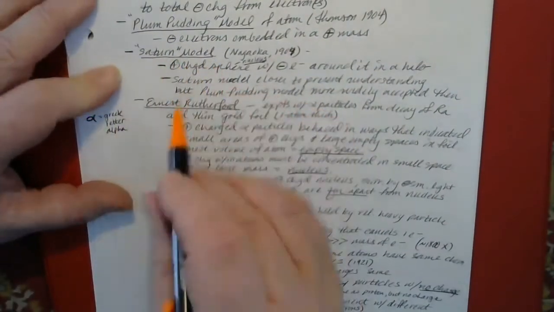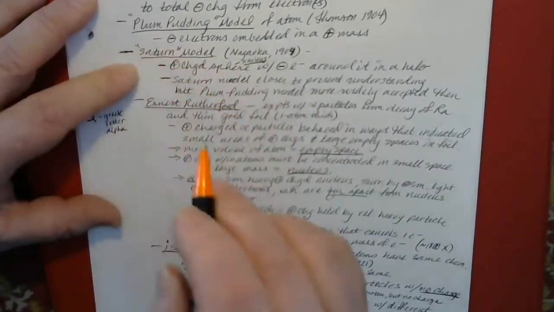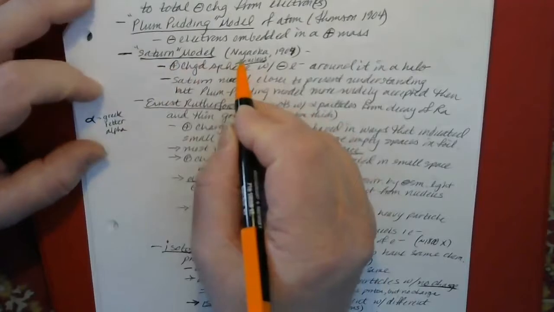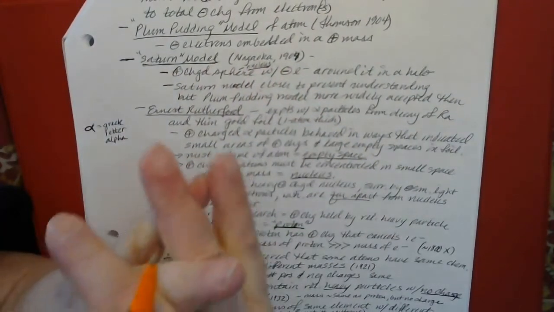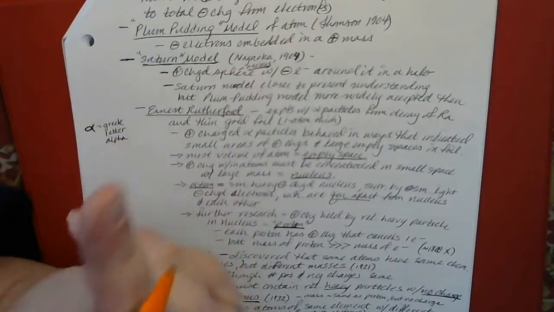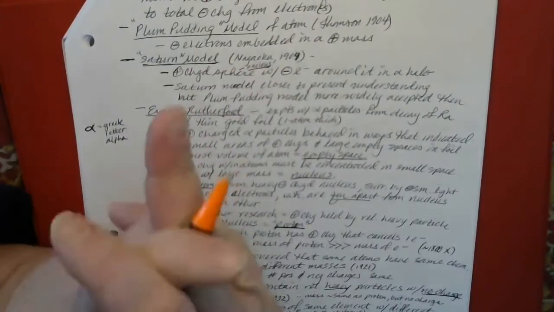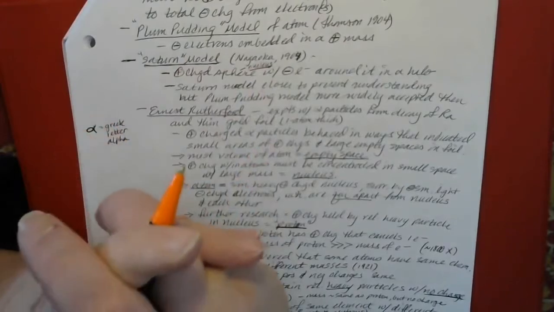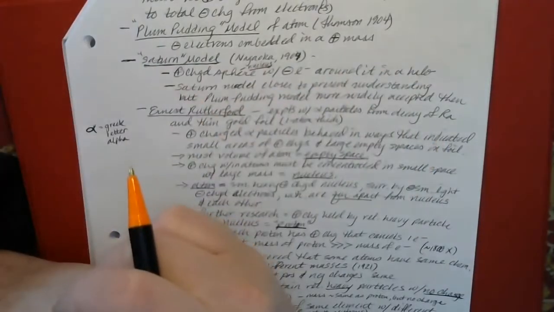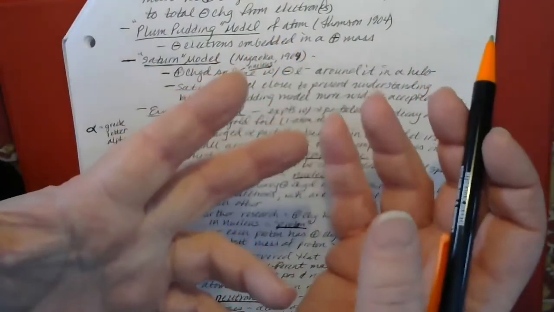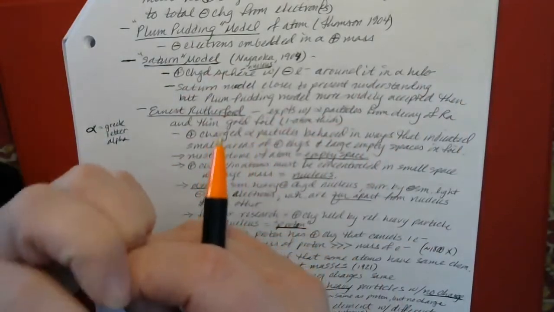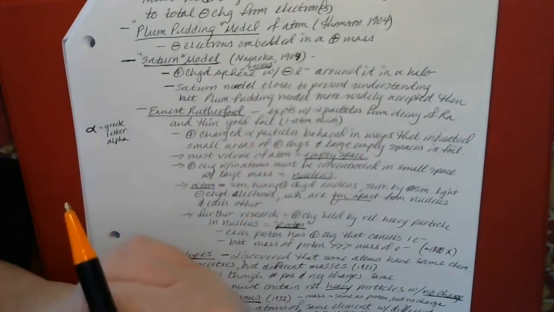The Saturn model, which is something that you don't actually hear of very often, was developed by a guy named Nagaoka in Japan, at about the same time as the plum pudding model. The Saturn model actually was quite a bit closer to the way we now view the atom, but for a time anyway, the plum pudding model held sway, at least in the Western world. Nagaoka was working in Japan, and communications weren't what they are now. So it's just possible that a lot of people hadn't heard of his ideas.